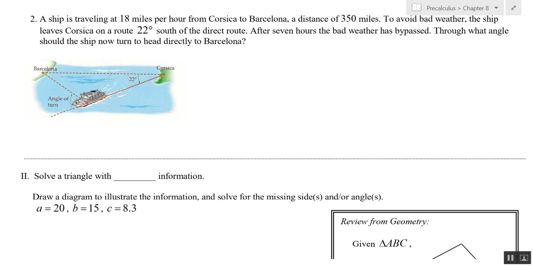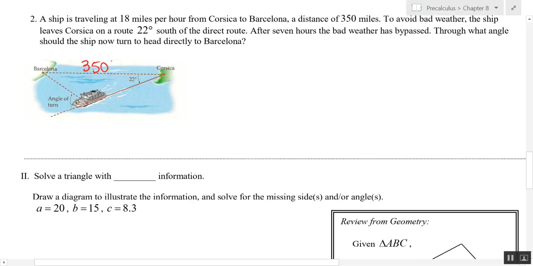All right, let's take a look at the second page of notes here on section 8.3 on Law of Cosines. This gives us a little bit of application of a situation where we have a side angle side triangle. We have a ship traveling 18 miles per hour from Corsica to Barcelona, which is a distance of 350 miles. Let's go ahead and label that. Looks like this is 350